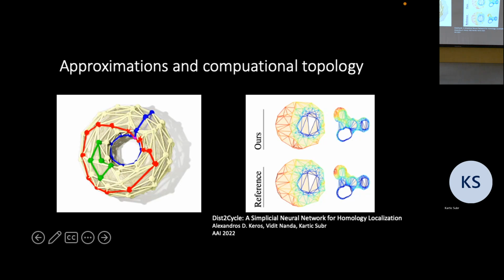And there was a little bit of engineering there. But then what happens is that you can feed it a complex, and then you can query the network for the weight at any node, and that's what we visualized here. So the color tells you how close or far, blue is close and red is far, to the nearest optimal cycle. And what the neural network was able to spit out is this information because of how the diffusion accounts for topology. So again, an example of using learning for simplification without much change to the learning side, but with insight on the maths of how this happens.